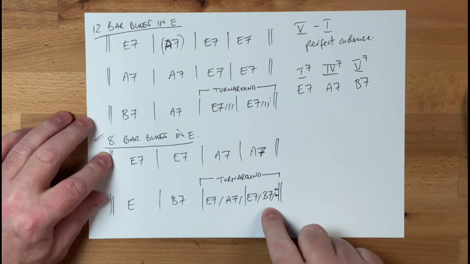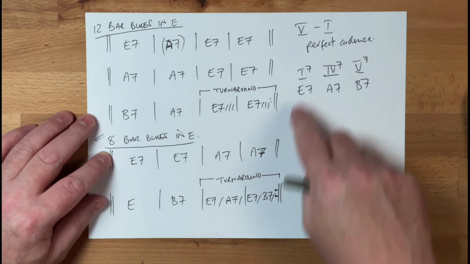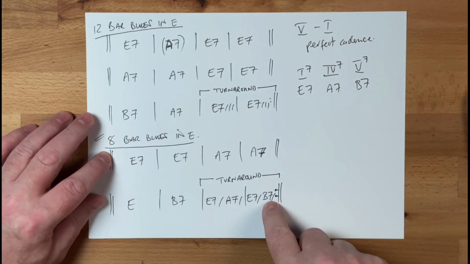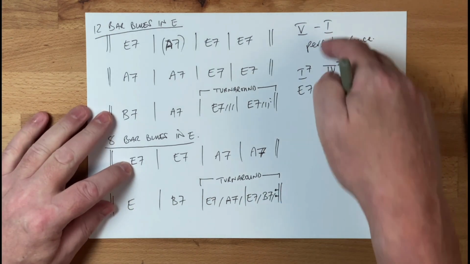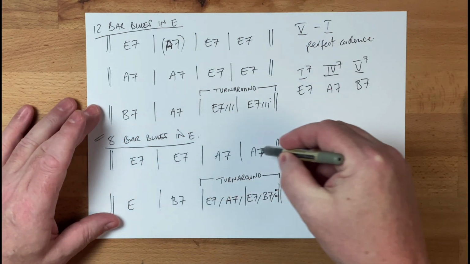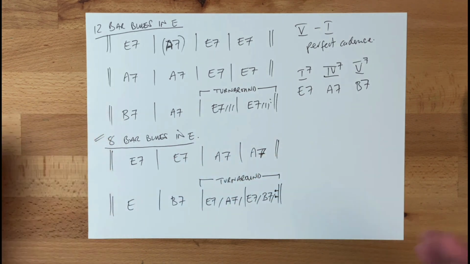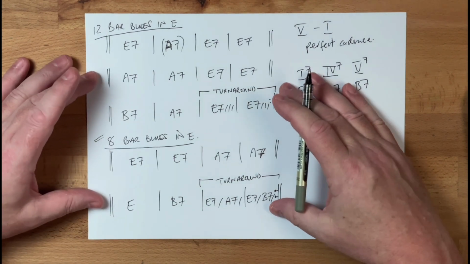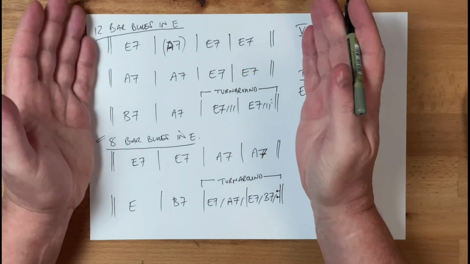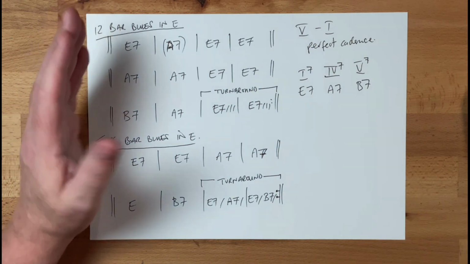So if you think about it, what's actually happening is you're getting a rhythmically displaced perfect cadence. So it goes from chord 5 back to chord 1. And chord 1 is the home chord. So that just sets you back off again. So that's all it does, is this B7 here is bouncing us back there, which is a really, really cool way of looking at it. Yeah. So that's kind of telling you what's going on with the